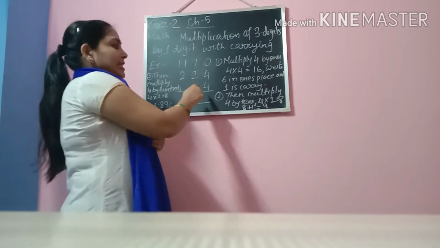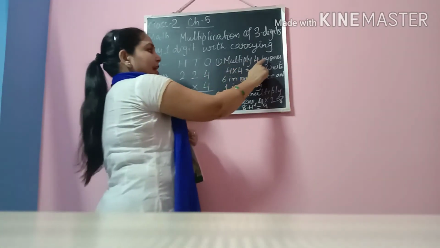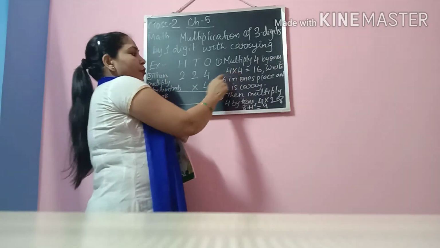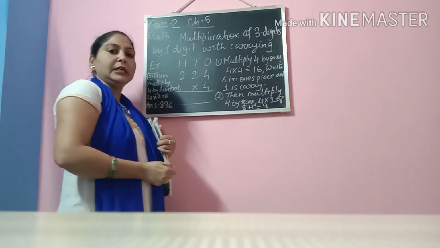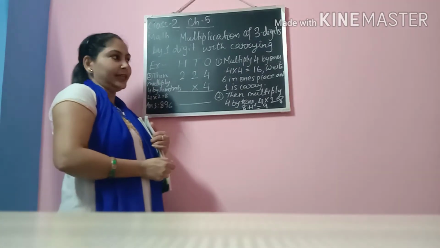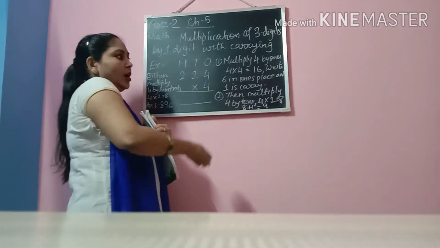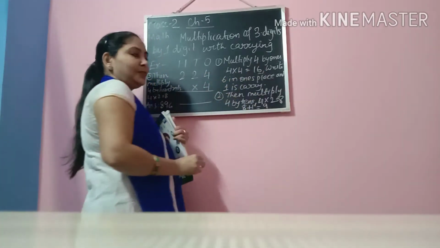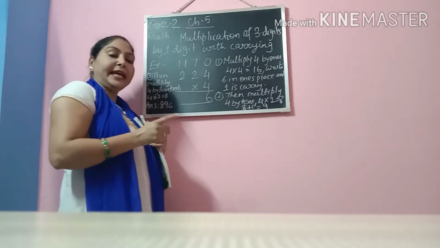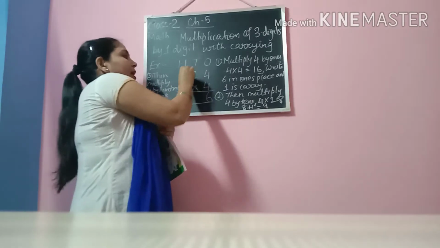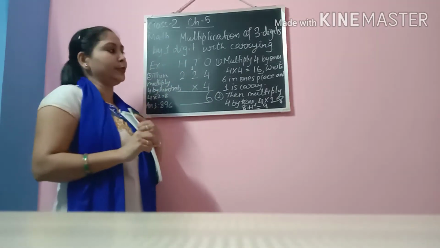Okay, so we'll start multiplying 4 by the ones place. First we will multiply 4 by the ones place. 4 into 4 is 16. So 16 is a 2-digit number. 10 plus 6 is 16, right? So what we are going to do, we will write 6 in the ones place, because we will just write the ones place digit in the ones place. And what about the 1? The 10 will be carried to the next place value. But how are we going to do this?